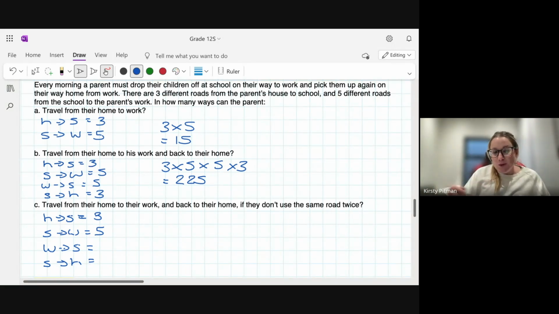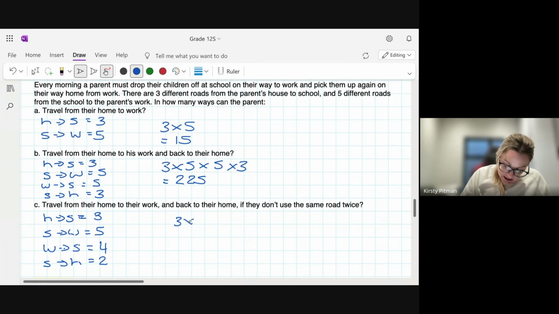And on the way there, I saw there was an accident on the road, one road. So I'm not going to come back on that road again. So I had 5 options. Now I'm only going to have 4 options. And from school to home, oh, actually, I really like to drive past the beachfront and see the sea on my way home. So I'm going to cut that one option out that doesn't have that. So I've got 2 options left.